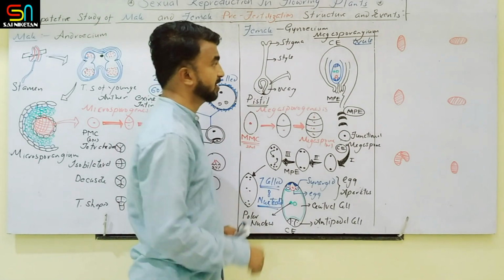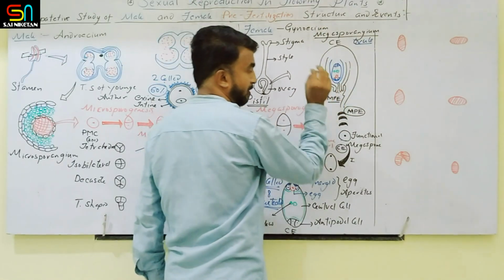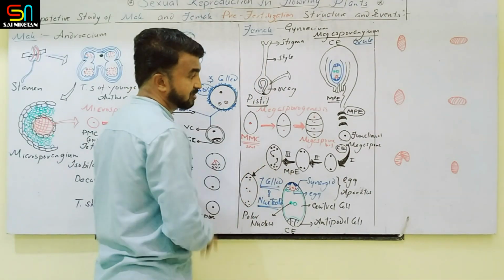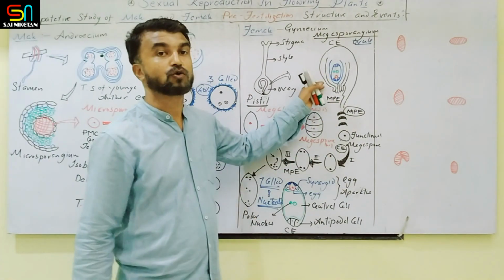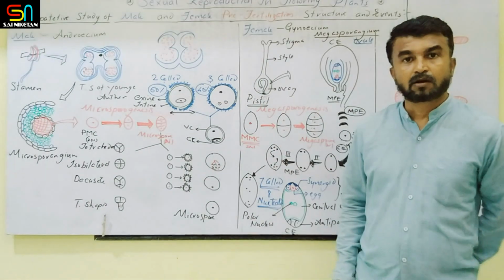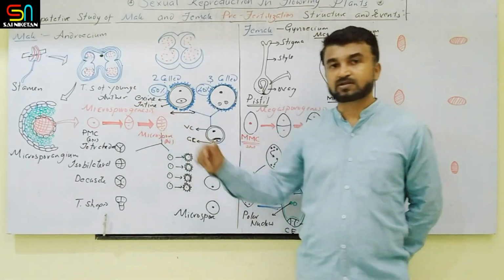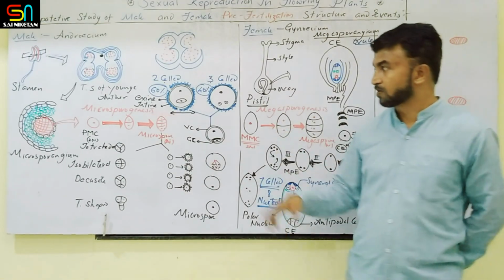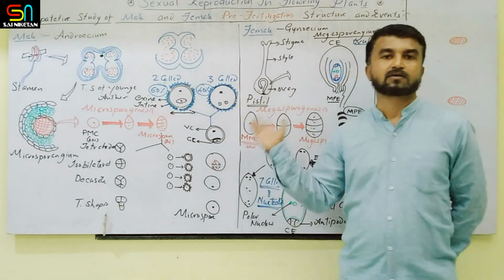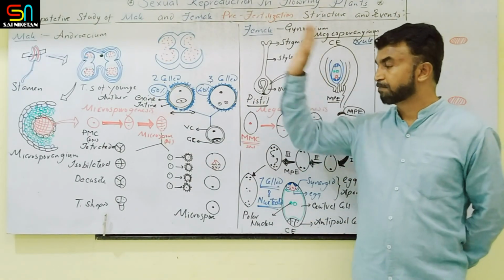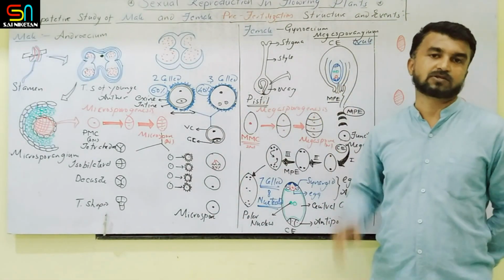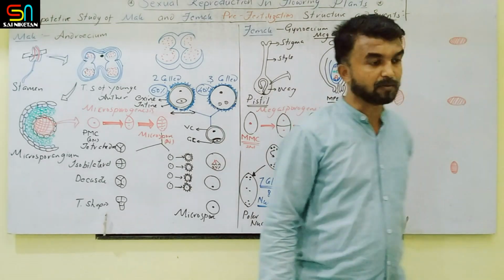Clear? So just take care which side is the chalazal end, which side is the micropylar end, which cells are present over which end. Clear? So this is a female gametophyte and the anatropous ovule. Now can you differentiate? The question may arise: distinguish between microsporogenesis and megasporogenesis. Distinguish between the male gametophyte and the female gametophyte. So only to clarify the concept between the pre-fertilization structures related to the male reproductive part and female reproductive part, this revision we can do. Yes. Now come to the main point.